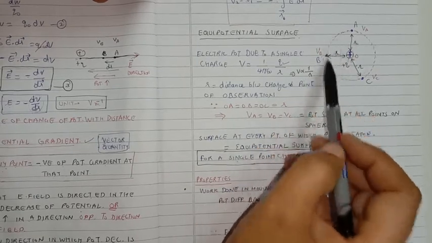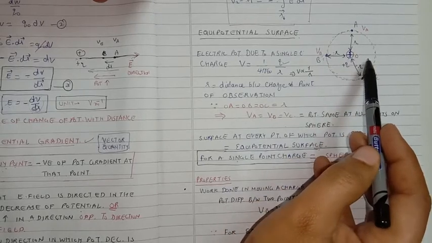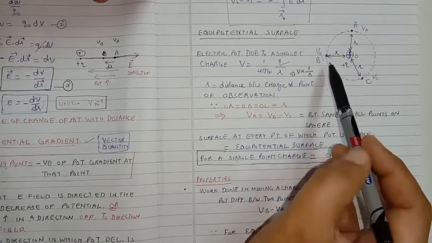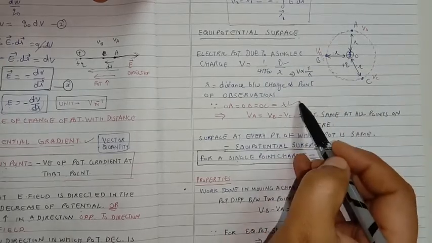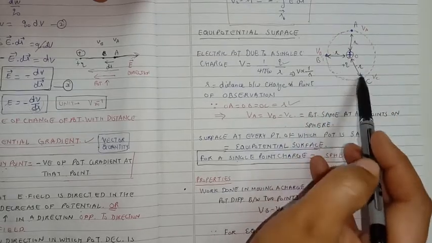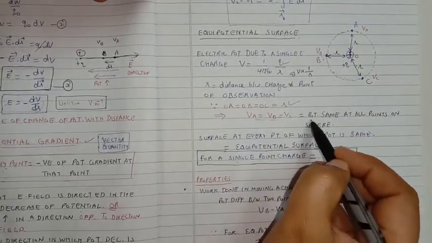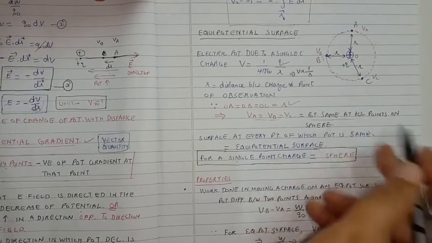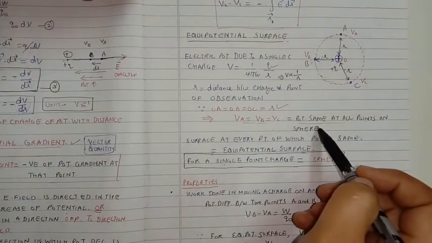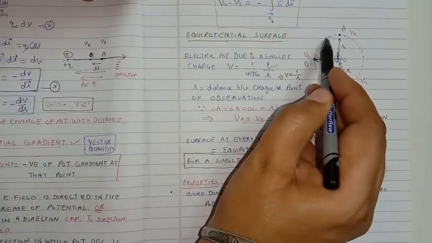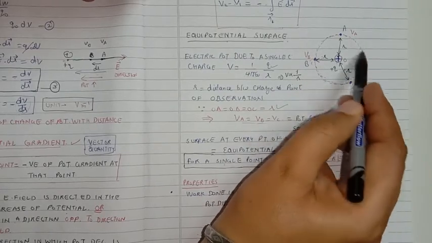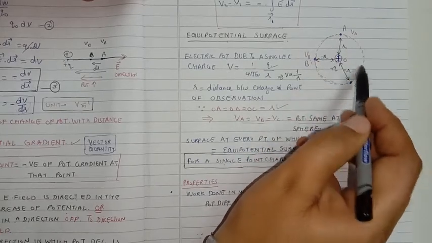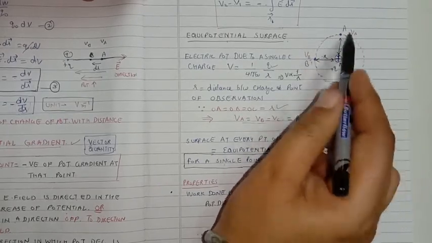But in the example we are considering, where we have a sphere at the center of which a charge Q is placed, all the points on the surface of the sphere are present at the same distance r. This means that all these 3 points have the same value of the electric potential on the surface of the sphere. So if we consider all such points present around the charge Q, which are at the same distance r, and if we join all these points at which the potentials are same,